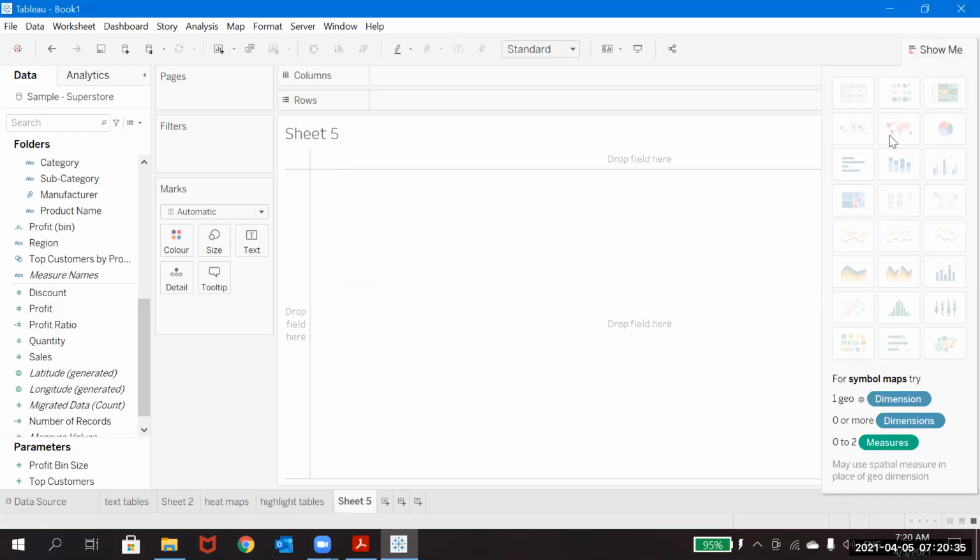Now these maps I'll tell you in a separate class. Just remember, because we have a separate topic for maps alone. I'll take a separate class for maps, so at that time I will tell you. But just remember that you should use zero or more dimensions. So you can use zero dimensions, or you may not use any. It's the same way for the measure values also. If you'd like to showcase the value on the graph, you can use it, otherwise you cannot. But the limit is two measures only. And mandatory is the geographical dimension.